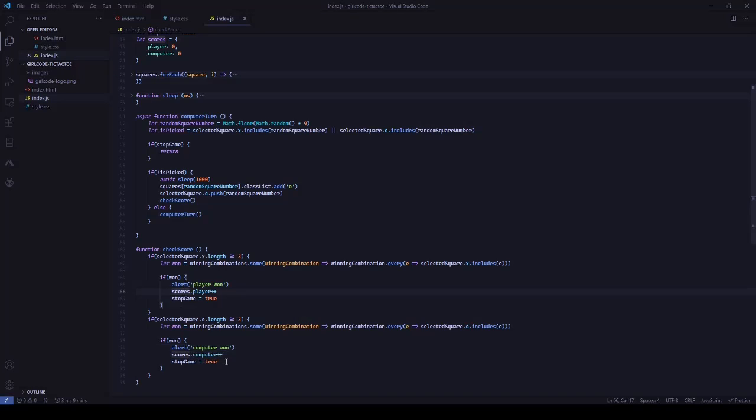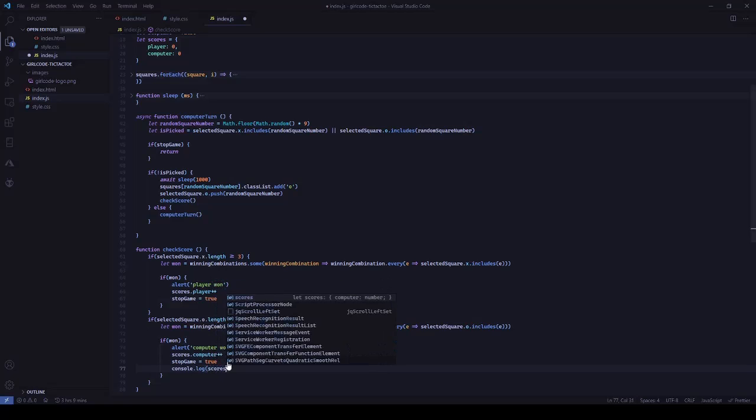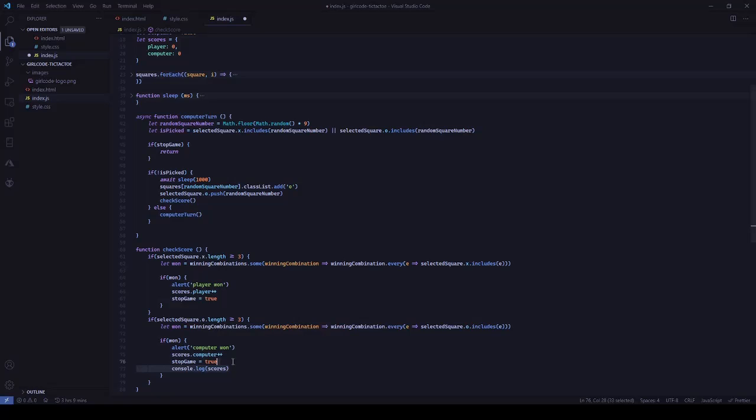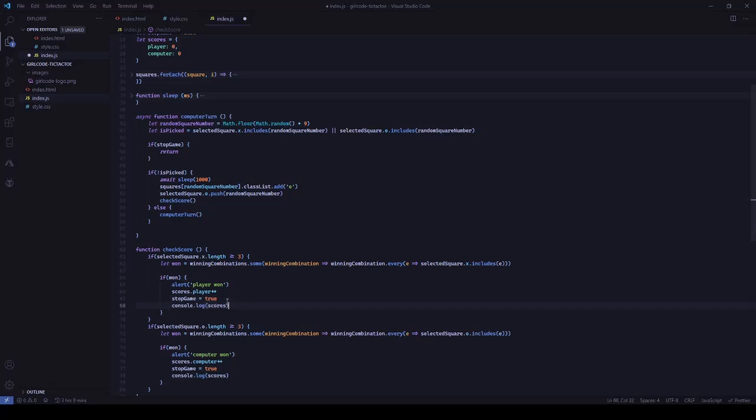Oh, let's also print the score to just see how the score changes. Then we'll just console.log. Then we just print out the scores. We'll print out the scores, and then